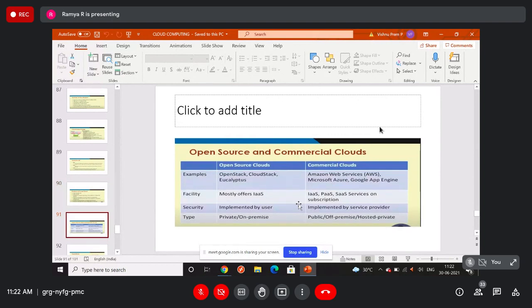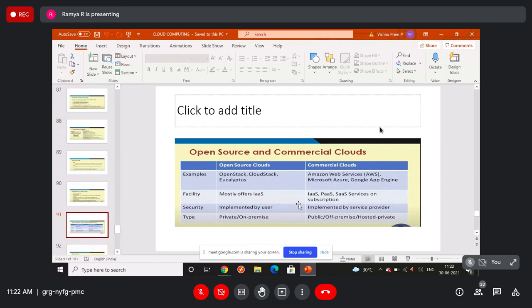So we have again open source and commercial clouds. We just differentiate those things. We have open source clouds like OpenStack, CloudStack, Eucalyptus, and commercial clouds like Amazon Web Services, Microsoft Azure, Google App Engine. Mostly these offer infrastructure as a service. The open source ones are implemented by the user, and these can be private or